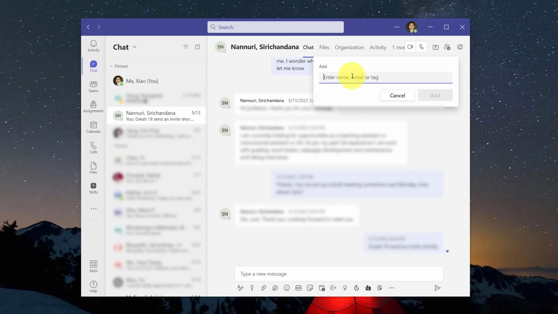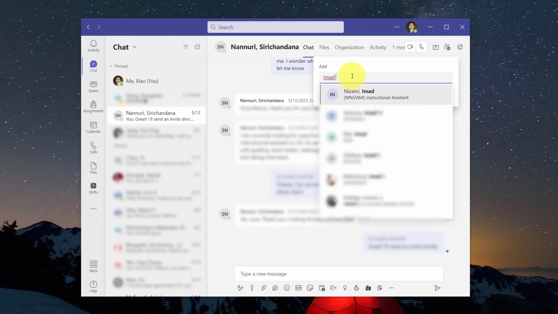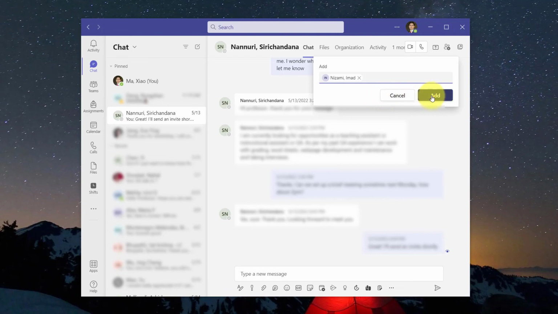To demonstrate the process here, I will use one of my past students to substitute my name. So here is that student. Now for you guys, you don't type the student name. I'm using the student name just because I cannot type myself. You are going to use my name and select me, adding me into the group chat instead of this demonstration student. Okay, I'm going to click that and click add.